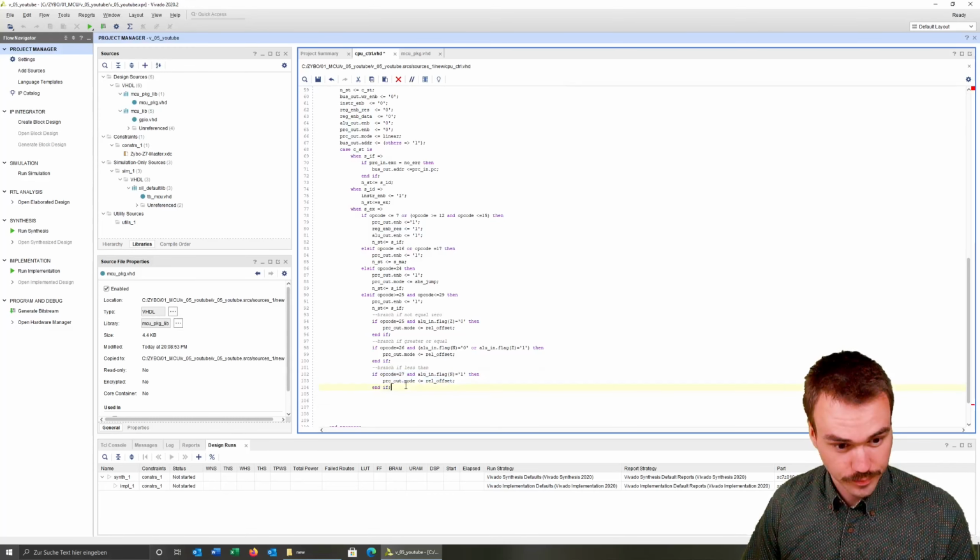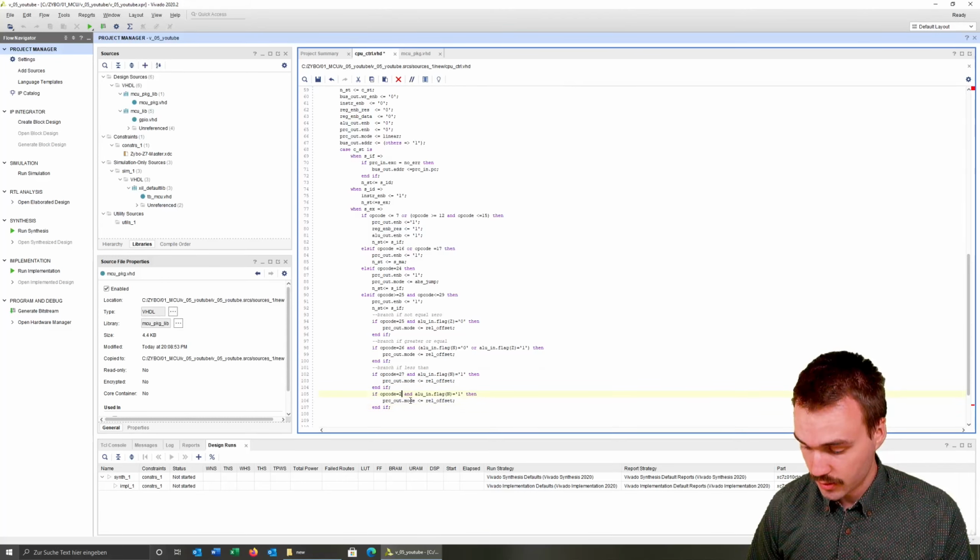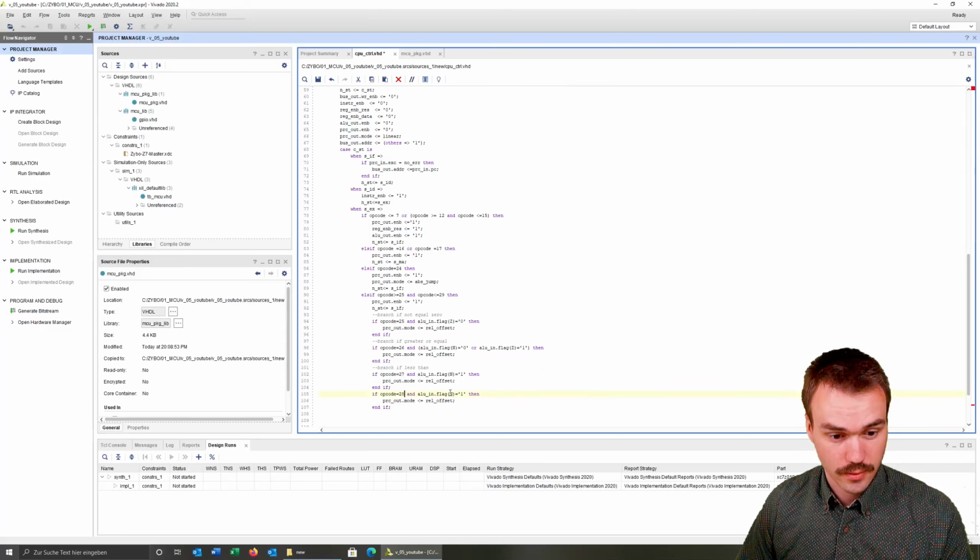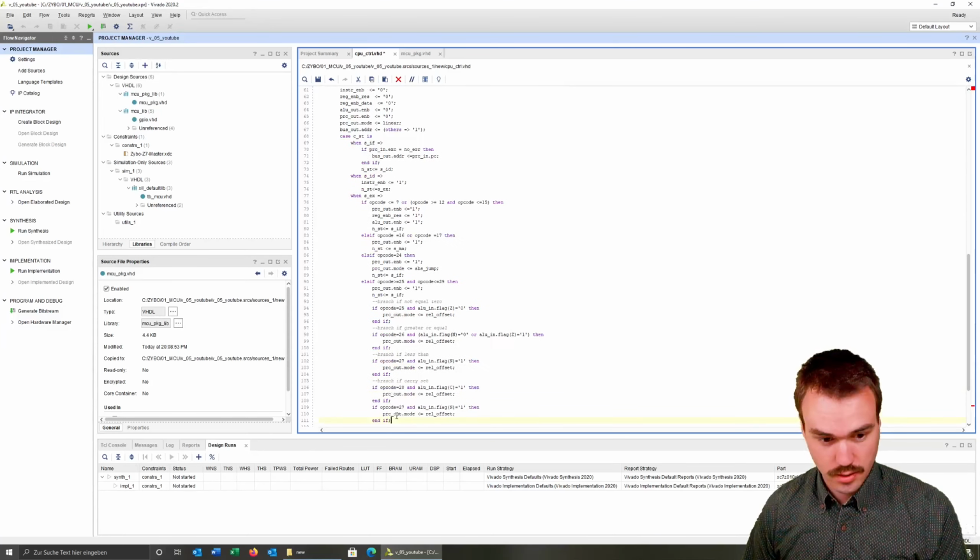And if operation code is 28 and flag C, so branch if carry set, and then the last one, 29, branch if overflow set,